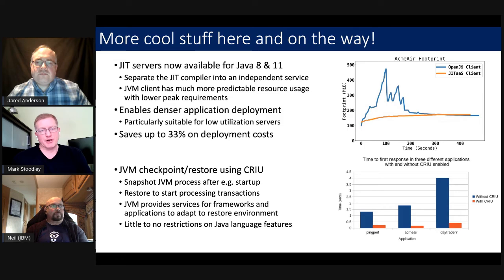The second one I'll talk about on the slide here is a JVM checkpoint restore using CRIU. So this is a technique that we're building on to make Java startup even faster than what you can see with the shared class cache technology that I talked about earlier. So we're kind of taking aim at the native image kind of performance levels that you can get. But we're doing it in a way that we think we can deliver it very quickly, and we can do